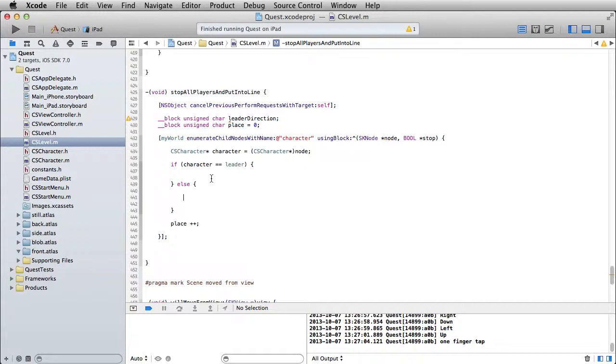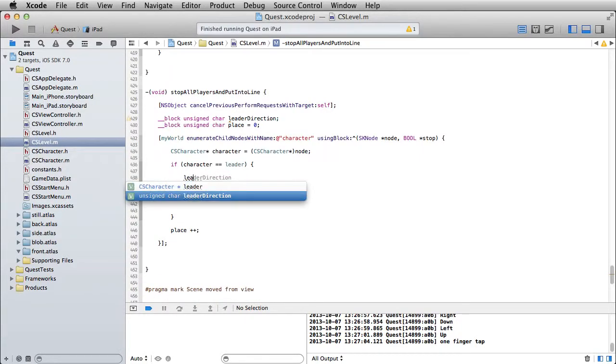And keep in mind, if there was that delay occurring, some of your characters might not be already facing that same way. So what we'll do is right over here, leader direction, that's going to equal